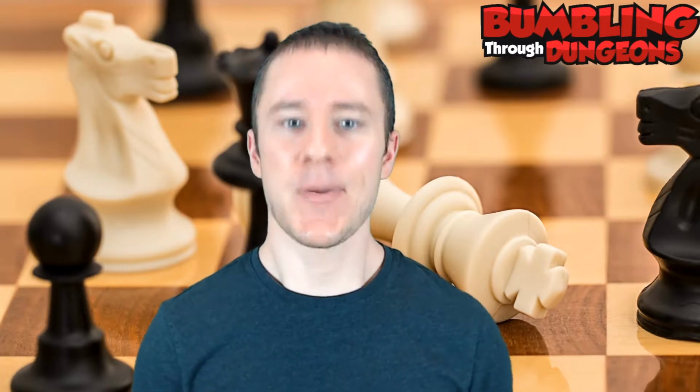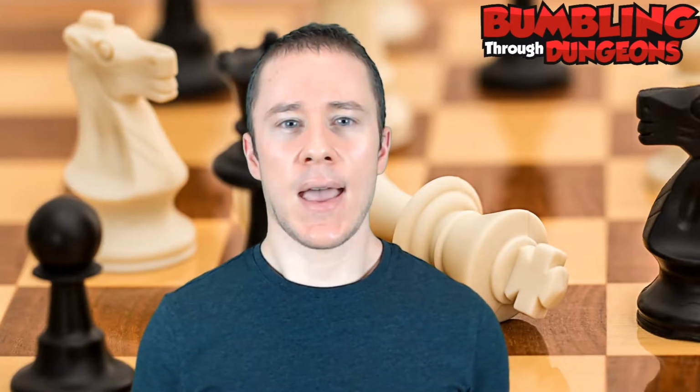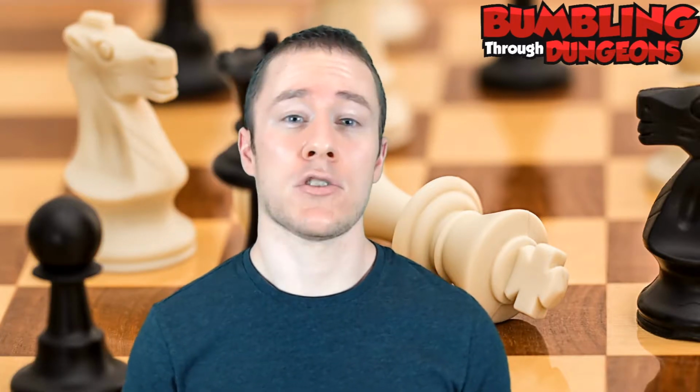So the first variable, of course, is the enemy type. And we already talked a little bit about this, and if this is the only variable that you're changing, then you're not really doing a whole lot with your encounters. But it is always useful to think about the monsters and creatures that you're using, and we're going to actually have a lot more videos later on talking about individual monsters and how you can use them in interesting ways,